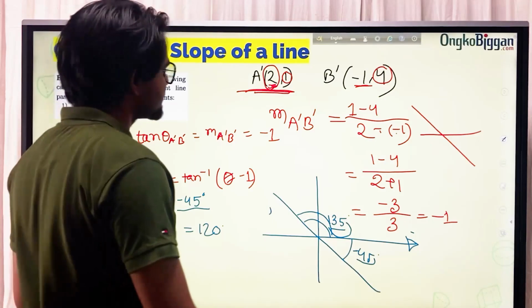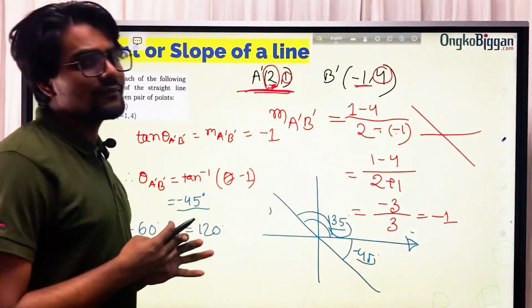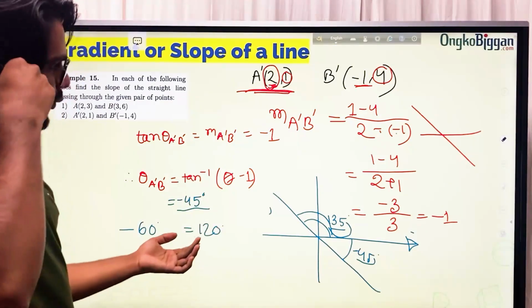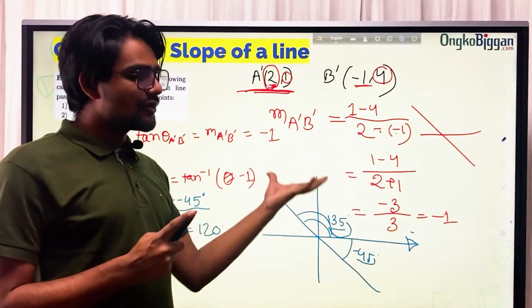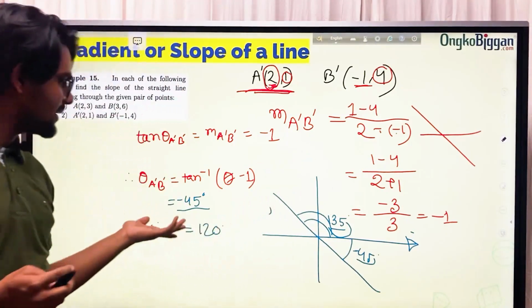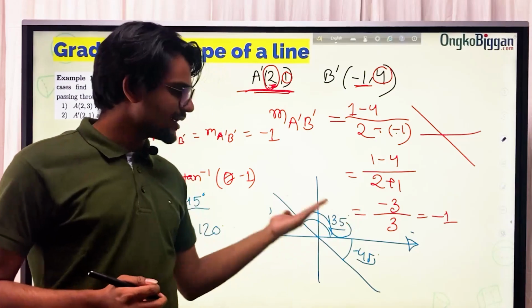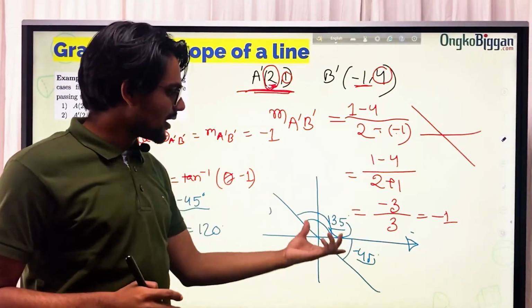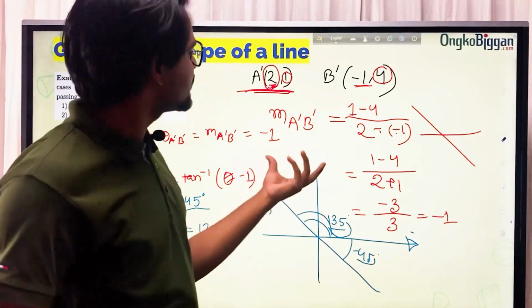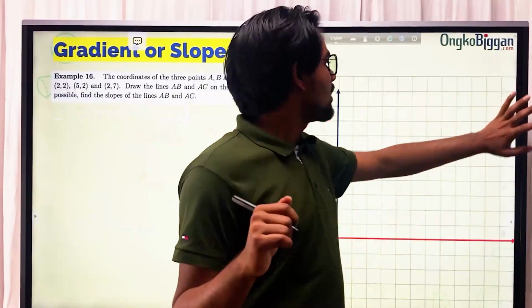So after all this, I'm going to move on to the next part. I hope you understand quite well how you find the slope of a line, and how you can find the angle the straight line creates with the positive side of the x-axis, in the range of 0 to 180 degrees. After gaining all this knowledge, the next thing we should do is move